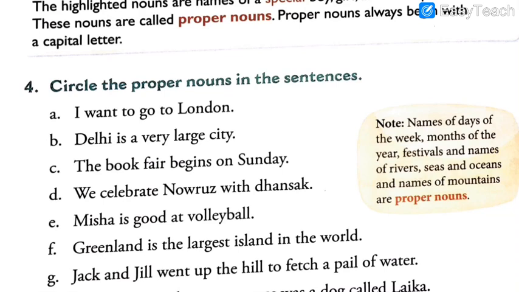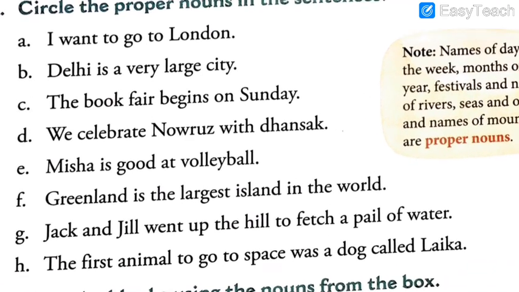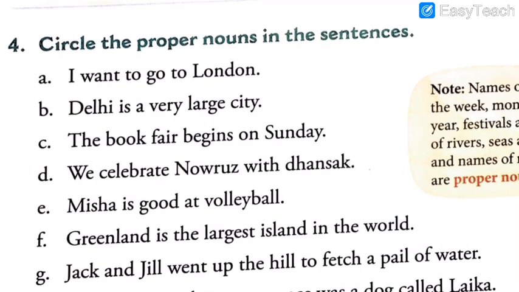So please have a look at exercise number 4, though you might have solved it yesterday in the previous lecture, it is just for revision purposes. Please check your answers once more, so that you again understand what is a proper noun, and I hope this concept will be very clear in your mind. So in sentence A, we highlighted London as a proper noun, because London is the name of that particular place, a special name given to the place. Also, L is capital in the beginning.